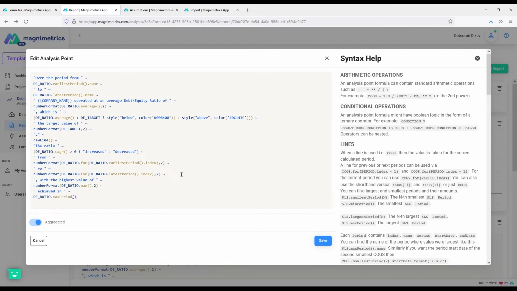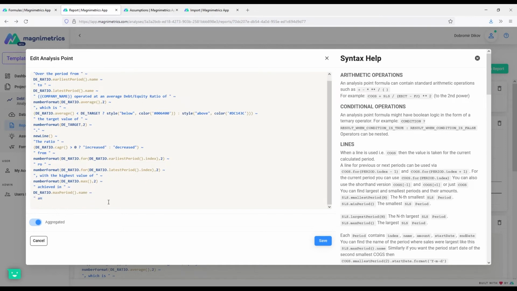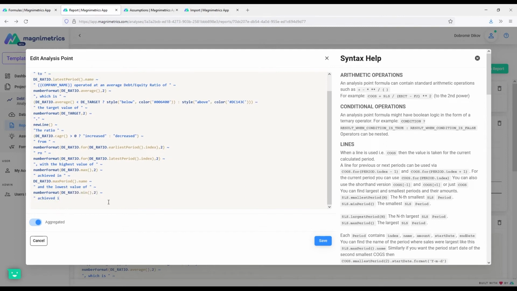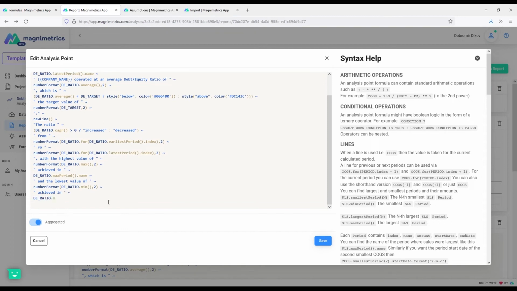So this would give me the period where the maximum amount was achieved, .name, and the lowest value of number format, the ratio.min achieved in the ratio.min_period.name,